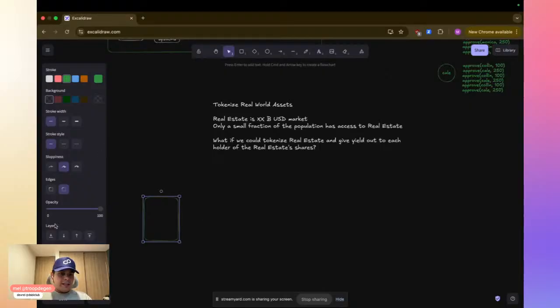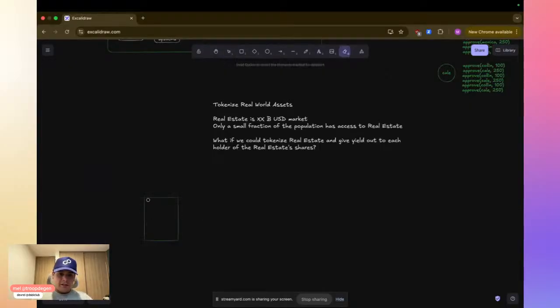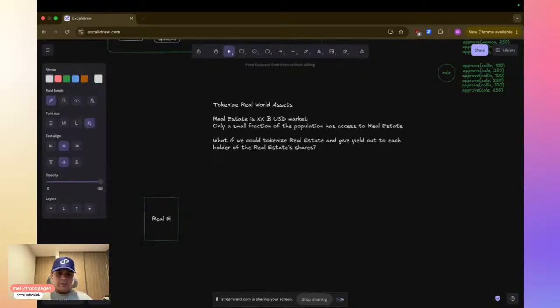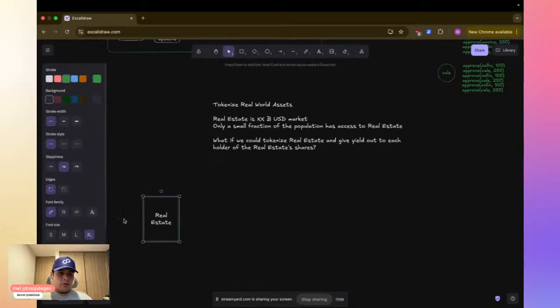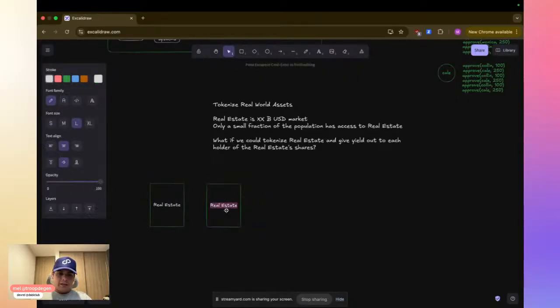So it's saying that we have a real estate that we want to tokenize. And in order to tokenize, we will need a real estate ERC20 token, or rather a real estate share, which would be an ERC20 token. We want to tokenize the real estate, we can tokenize it as an ERC721 token.